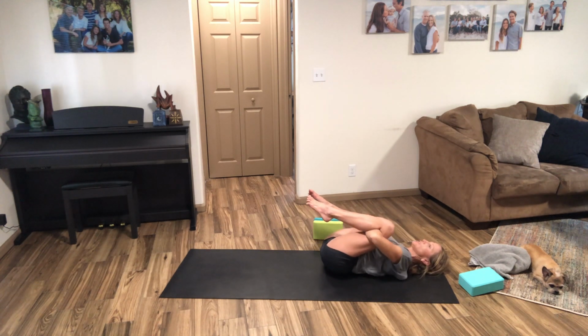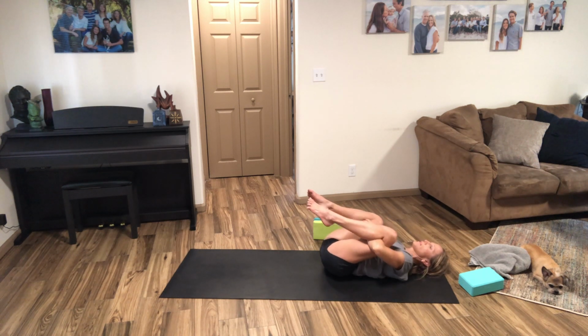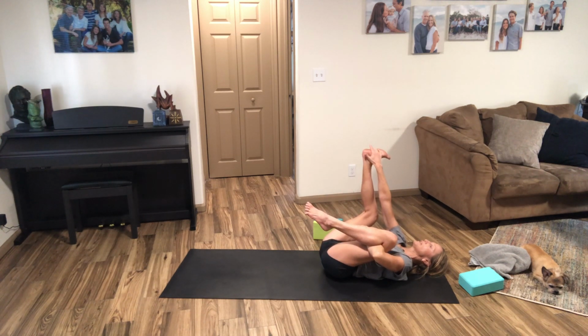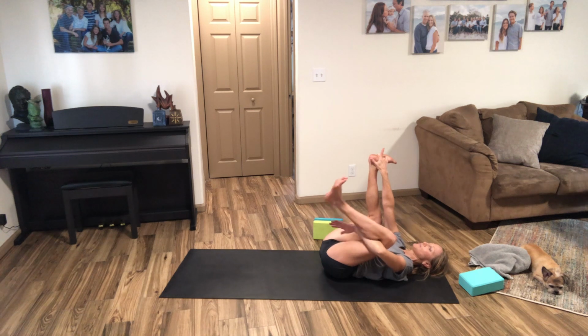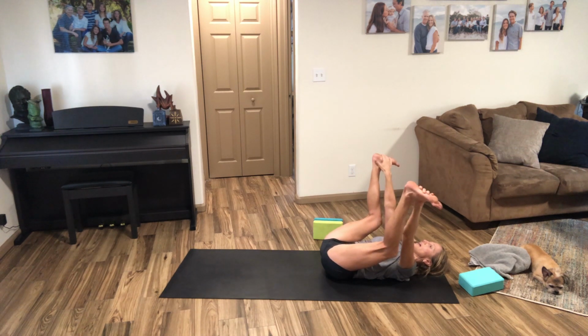And just take a gentle roll, right and left, left and right. Right here, massage your low back. You can stay here, or if you'd like to join me in bug pose, and extend, stamp the ceiling with the bottoms of your feet and find the inside arches of your feet with your hands